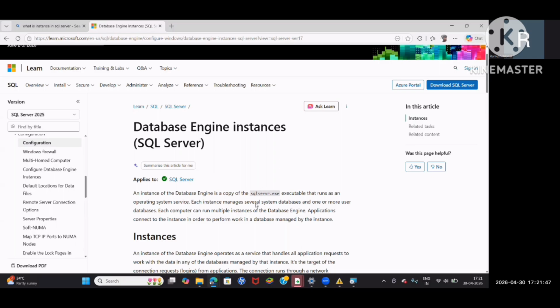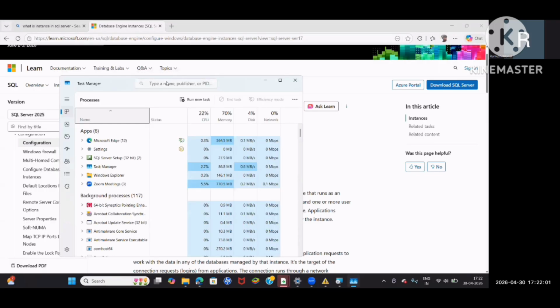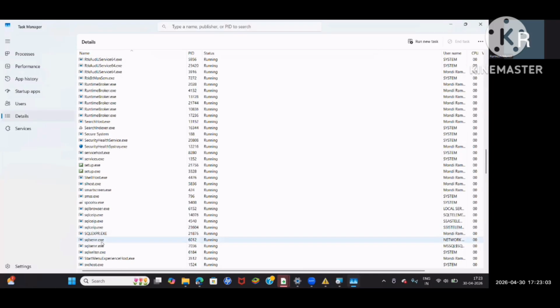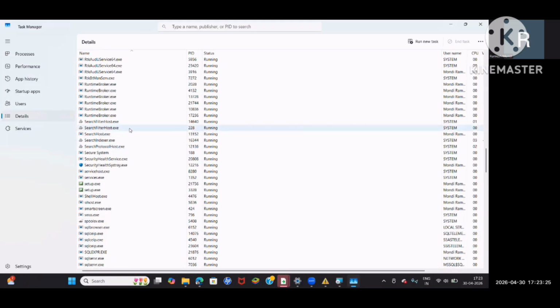When I open Task Manager, I already showed you, right? Go to Details: SQL Server.exe, SQL Server.exe, and SQL Server.exe. I have multiple instances on my laptop. In generic terms, an instance is nothing but a collection of memory structures and background processes. A lot of background processes and memory structures. An instance is a collection of databases.